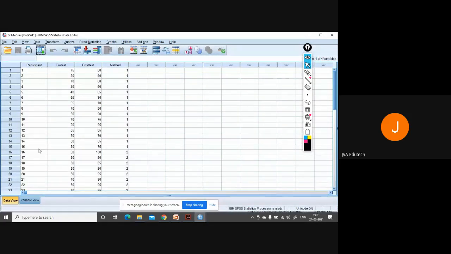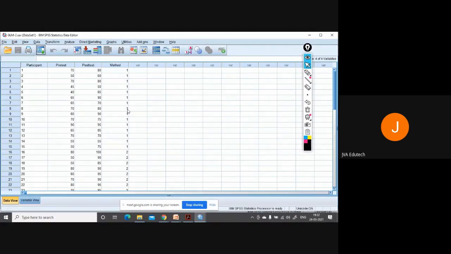So you have the participants, pre-test, post-test, and the method, online versus offline. So you want to see the scores on the post-test, the final scores. Now, before you jump into ANCOVA, you can perform a between-group t-test to examine the overall differences between the two groups on the final exam. Because you have two groups only, you can perform a t-test to see the difference between the two groups on the final exam.